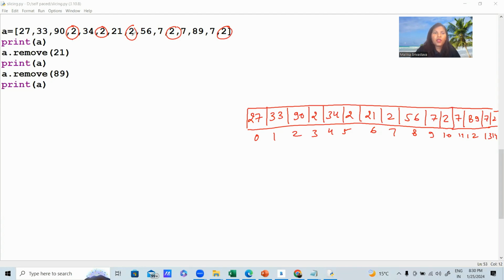Anyone I can remove, no? But what will happen if I use this value here, if I remove this 2? Will it remove the last one, the first one, or all the 2's from here? Okay, so in this case, what will happen now? Every time we use the remove function to remove any element which is duplicated,